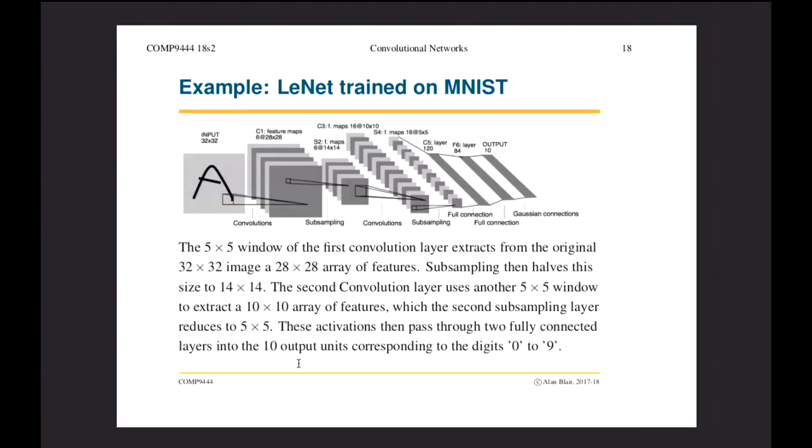So this max pooling gets me from 10 by 10 down to 5 by 5. And then all of these nodes are connected. Then I have these two fully connected layers. So I have some nodes here, and all of these nodes are connected to these nodes, and all of these nodes are connected to these nodes, and all of these nodes are connected to each output. So that's the entire architecture of this LeNet